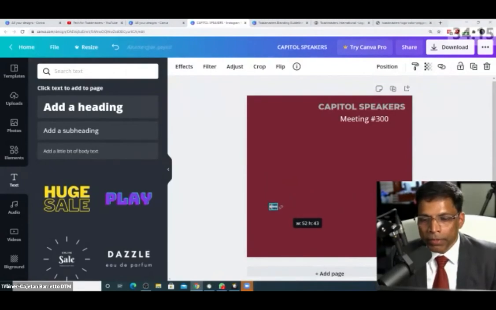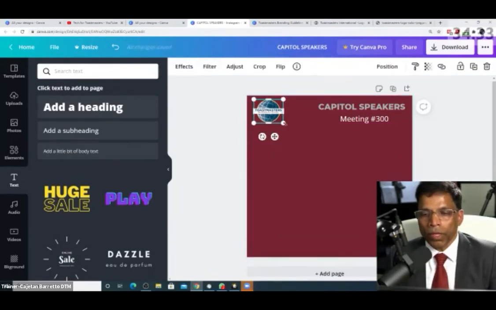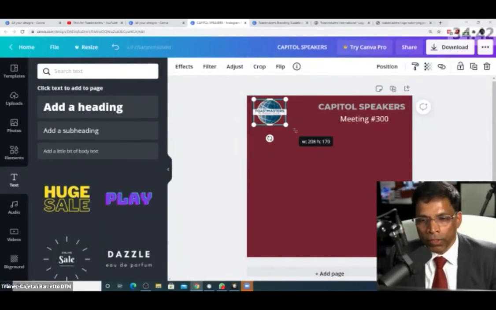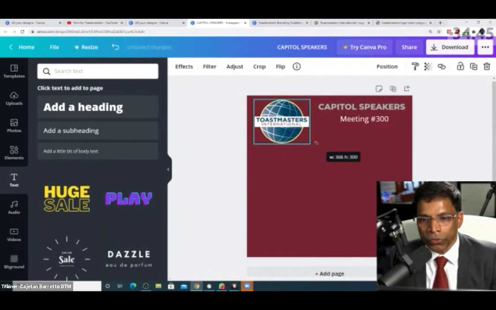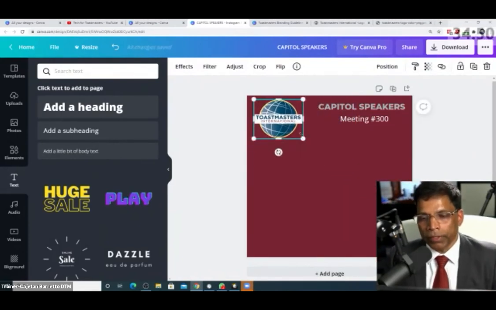Remember, there is a minimum size that you can place for a logo, and you will find it in the branding guidelines. It's 72 by 72, I guess. And once you have that size, you can place it here. One good thing about Canva is that it doesn't allow you to distort the logo, unlike other designing tools. So it will not get crushed or elongated if you move it around. It will always retain that aspect ratio. Whatever size you create, the aspect ratio is retained.